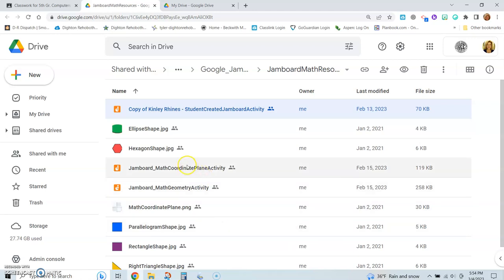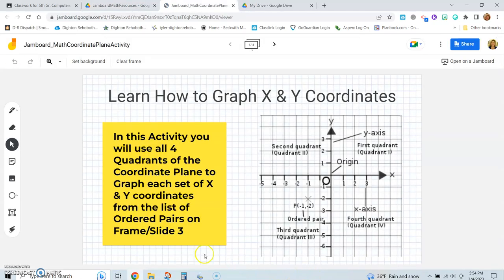Now my project that I'm going to show you is a math coordinate plane activity, which I know you've been learning about in math class. So learn how to graph X and Y coordinates. In this activity, you will use all 4 quadrants of the coordinate plane to graph each set of X and Y ordered pairs. So this is a nice picture that would show someone who may not really be familiar with